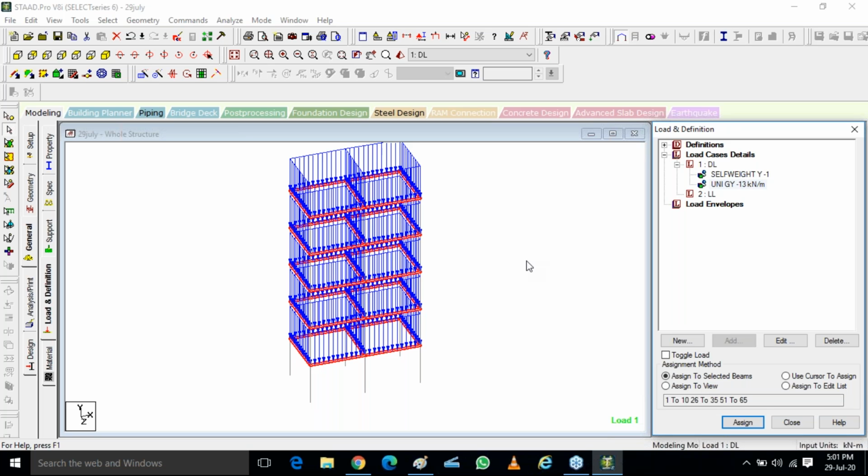Now, first of all, one more thing. You all have to calculate your body weight in kilonewton. You have to tell me what is the conversion of kg and newton. Because when you start doing it, suppose you are designing a water tank. Your water tank is of 5,000 liters at the top of your roof. 5,000 liters means 5,000 kg. Now, how you are going to convert it into kilonewton?